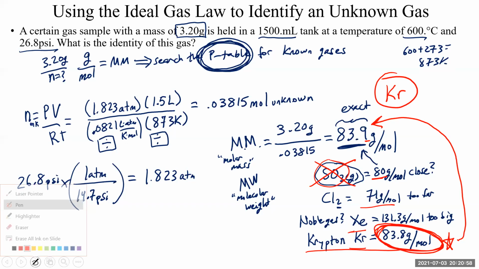So that's pretty neat. You can figure out all kinds of information about gases related to their moles. Grams to moles is a big one. It's a big linchpin between the ideal gas law and all the stoichiometry and empirical formula stuff that we've been doing. It links those two topics.